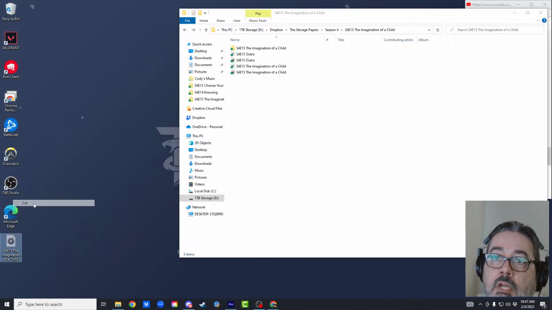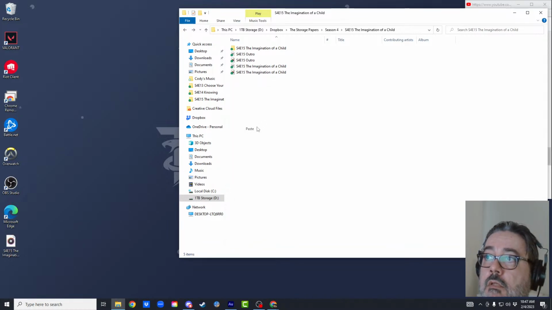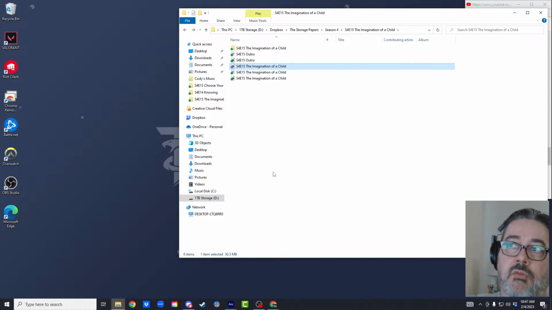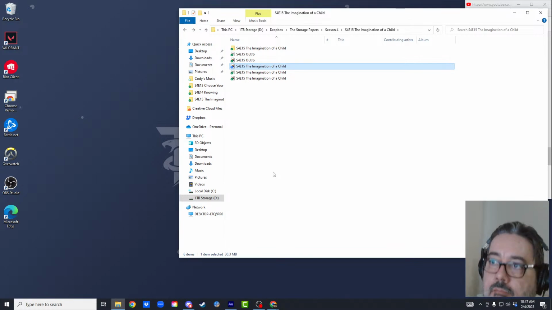I'm just going to cut and paste. I don't know why it does that. I think it's like a little thing with Dropbox and or Adobe not liking saving to Dropbox sometimes. I don't know if anybody else has ever noticed that, but it's been annoying.